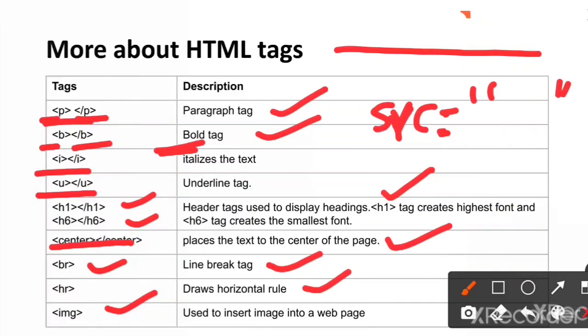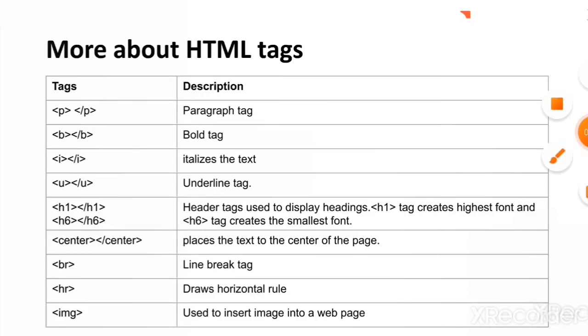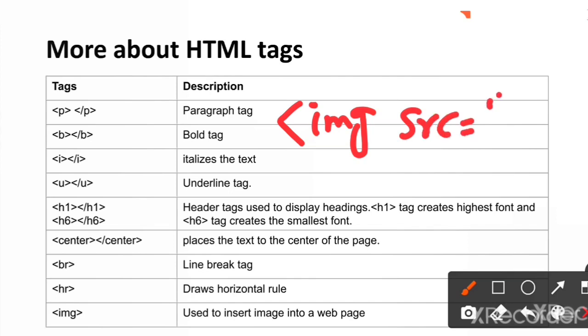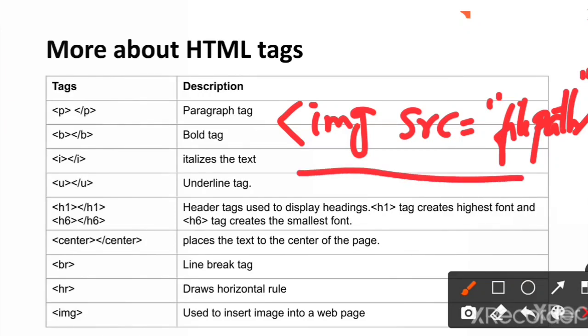So if you want to place any image into your HTML document, how do you place this? You have to begin the IMG tag and then you have to set the SRC attribute. SRC is equal to the file path, that is the image path, with the extension. Then you have to close the image tag. So this is how you can insert an image into an HTML document.